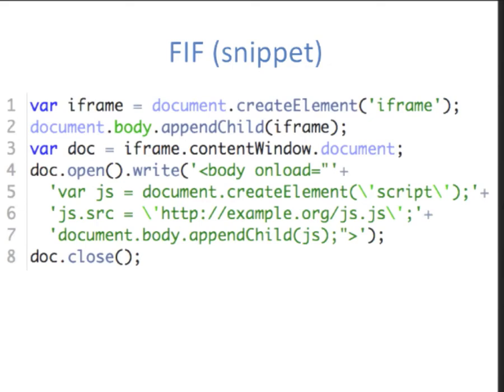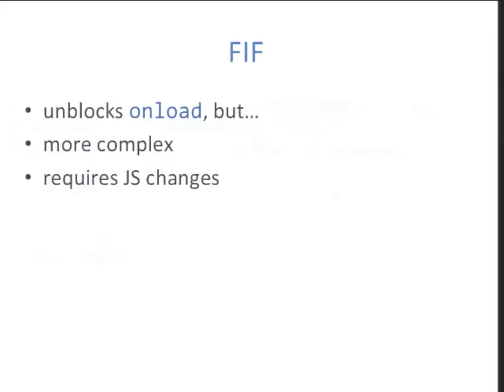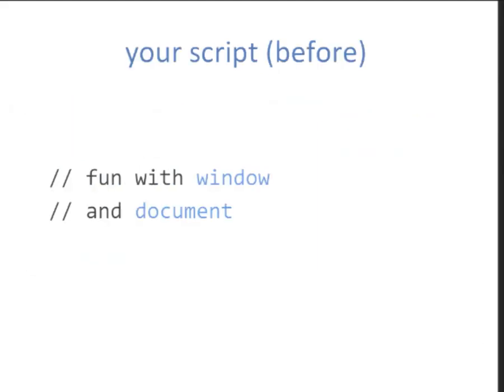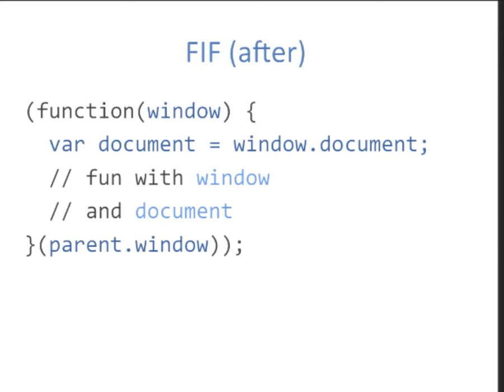And the bigger problem is that now the JavaScript is inside of an iframe, so it no longer accesses the same window and document object, and requires some JavaScript changes, but that's pretty easy to fix. So usually your script looks like this. You assume a global window and global document, and you do stuff with them. Or maybe even something like this, where you don't leak any globals and everything is contained in a closure. So all you have to do is now have a local window and document, and you pass to this closure the reference to the parent window and say, okay, this is your window, and this is your document, and the rest of the script